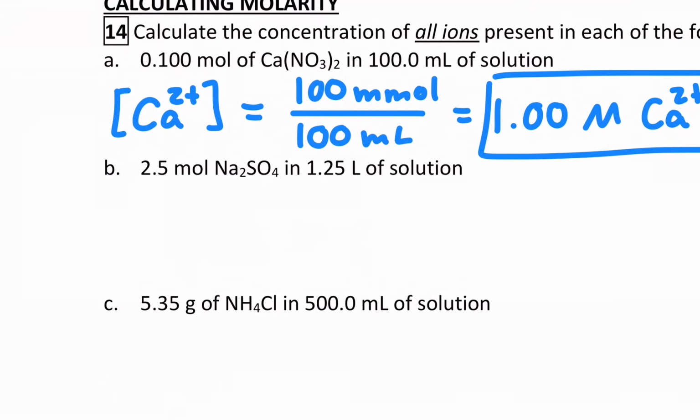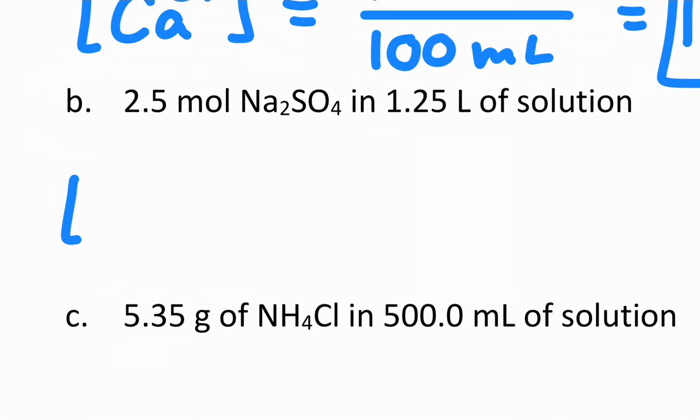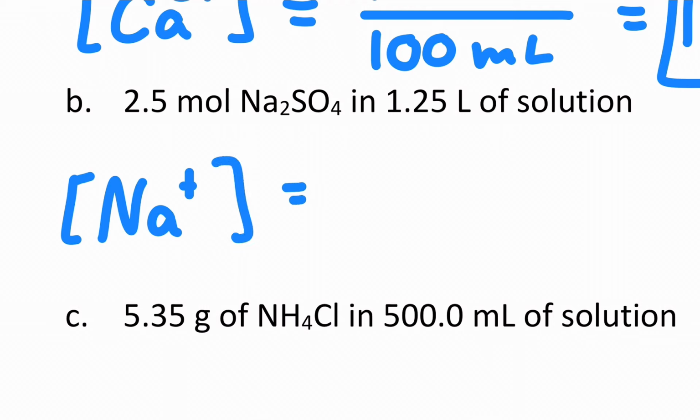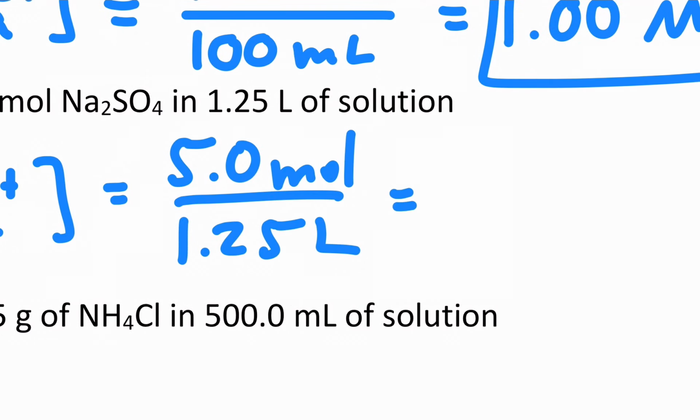So, once you hit pause and try the other two, what's the molarity of every ion in a 2.5 mole sample of sodium sulfate in 1.25 liters, and then this mass of ammonium chloride in 0.5 liter of solution? Okay, so for B, let's see how you did. My concentration of sodium ion is going to be, well, I have 2.5 moles of sodium sulfate. That means I actually have 5 moles of sodium divided by a total of 1.25 liters. That's 4.0 molar